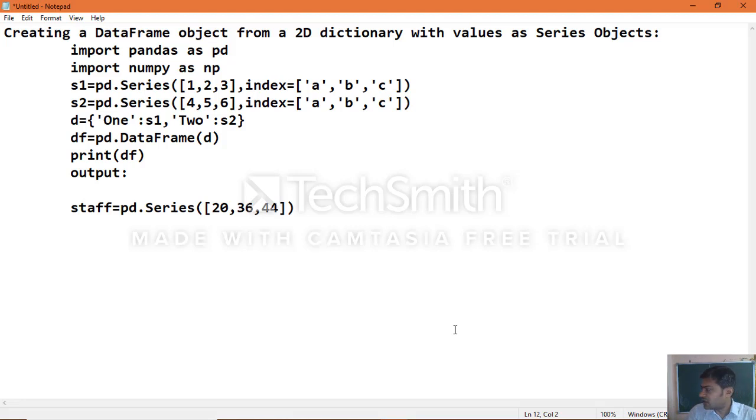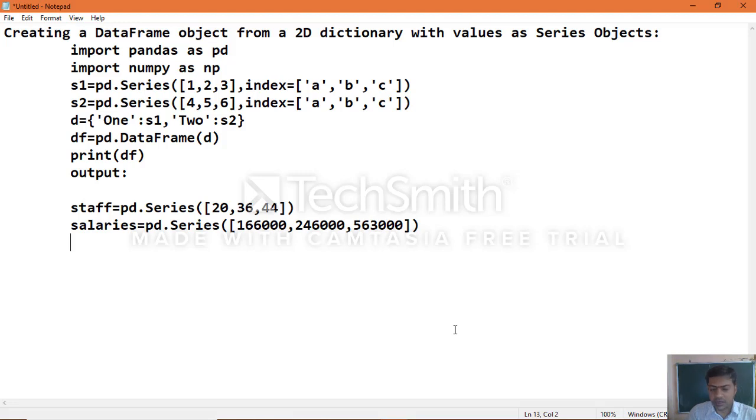In the same way another series, salaries equal to pd dot Series of 1,66,000 comma 2,46,000 comma 5,63,000.